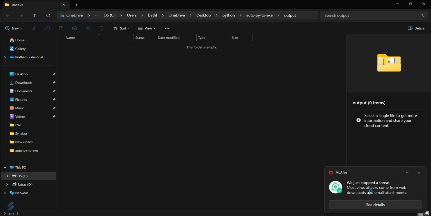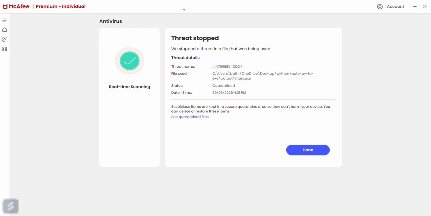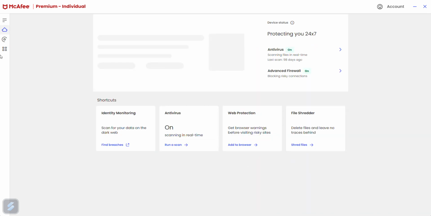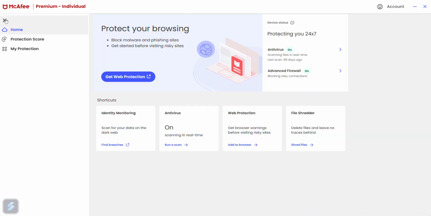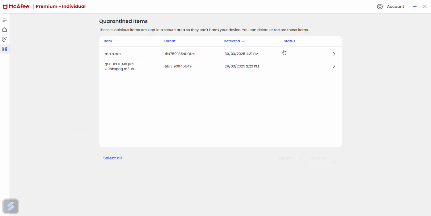This is quarantined by McAfee now. Now I simply click here and go into my McAfee, and I have to move this into the safe list of apps, you can see. Done. And then you have to go here, to My Protection and then Quarantined Items, and you will see this file. You have to restore this,